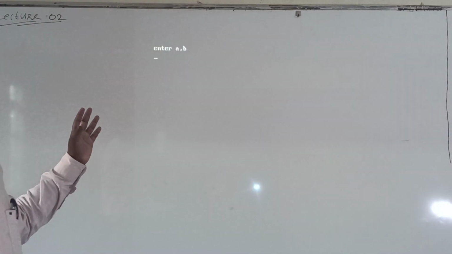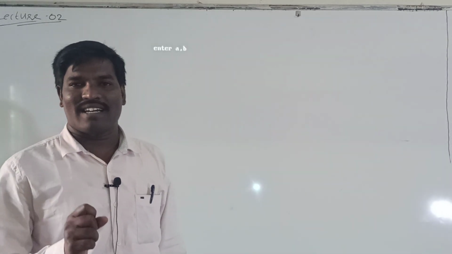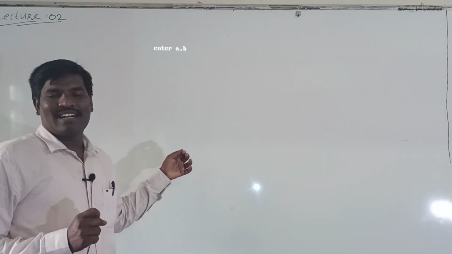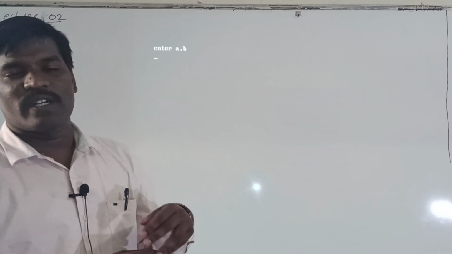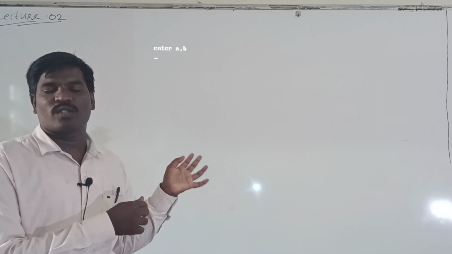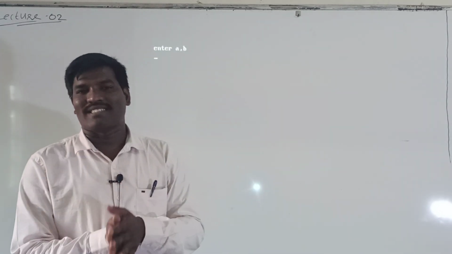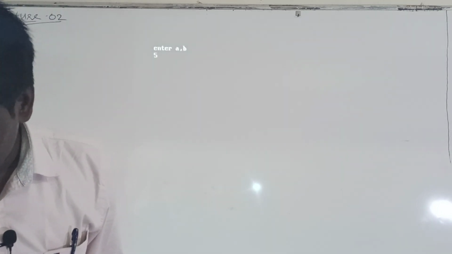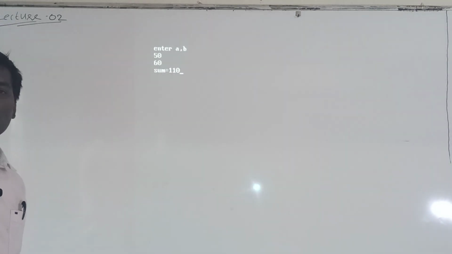See here, the previous and the present. If you are not using conio.h and clrscr, again it is opened with the already existing text and input values. Whatever inputs you gave are also visible to the user and the output is also visible. If you use conio.h and clrscr, it will be opened with a new page. Here I can give 50 and 60. The result should be sum is equal to 110.